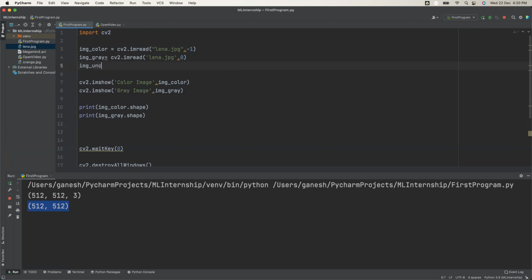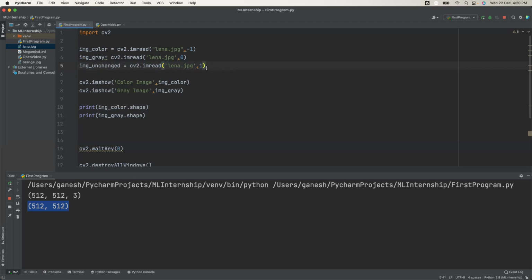yes, you have to use this format and change, like cv2.imread, and suppose the image is linear.jpg, you have to use the argument as 1 here. If you are giving the second argument as 1, it means read the image as it is. If the image is a color image, read it as color. If the image has some alpha channels, like some transparency, if extra channels are there, that is also read.